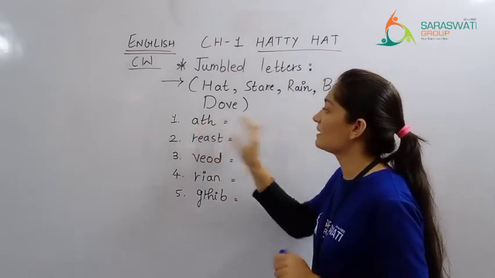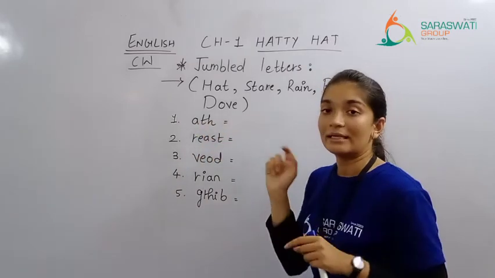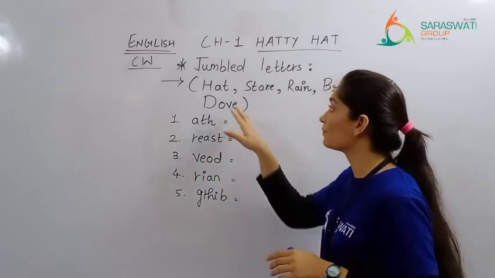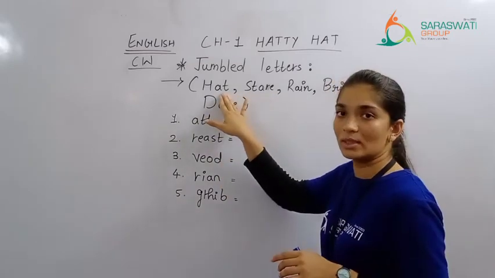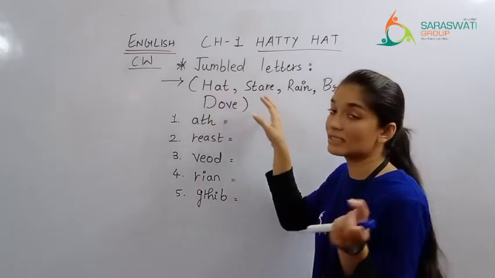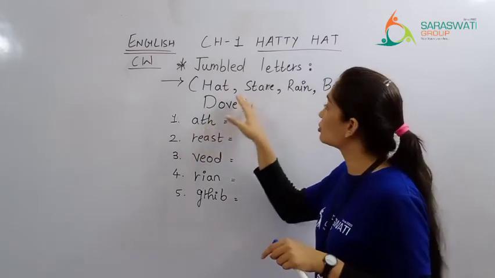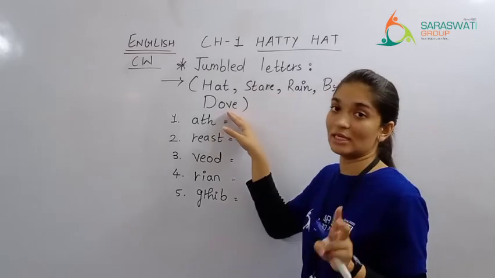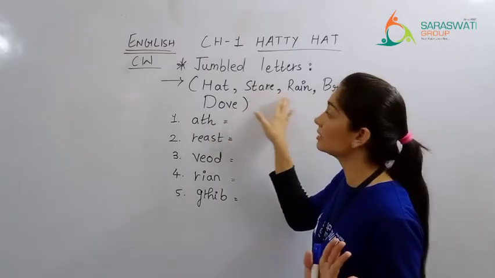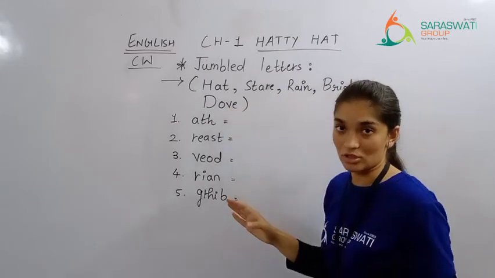A, T and H. First of all, count the letters. That's 1, 2 and 3. It is a three letter word. In the bracket we will look for a three letter word. Is this a three letter word? First one, what do you think? Yes, it is. But let's compare its letters now. The next step is to check once in the bracket that there should not be another three letter word. Okay, this is not three letters. This is also not three lettered, not this one and not this also, right?